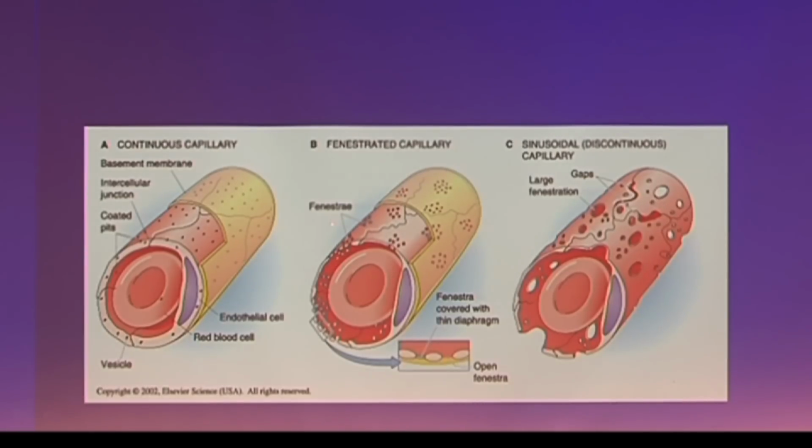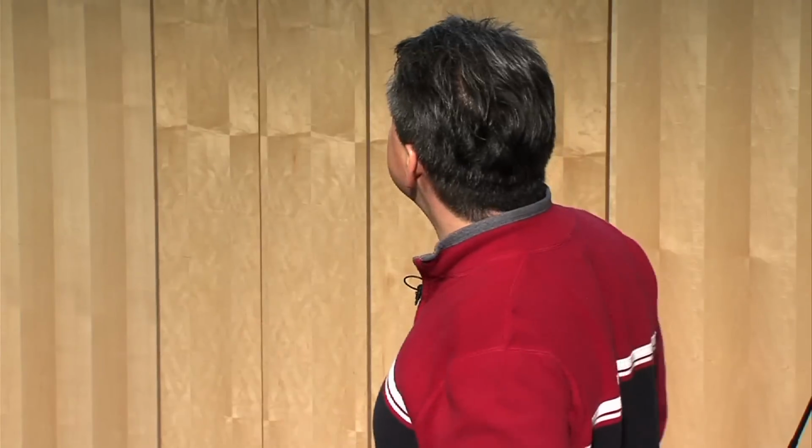This is fenestrated capillary. You see these little holes? Fenestra is window in Latin. So these are windowed capillaries, so they have holes so more things can go easily through them. A typical example is in the kidney. Or sinusoidal, completely discontinuous capillary, with large fenestrations and gaps between the individual endothelial cells, typically found in the liver. And as you know, the liver synthesizes a lot of proteins and takes a lot of other stuff from the blood, so it has to be able to take up large things. Hence these large holes.